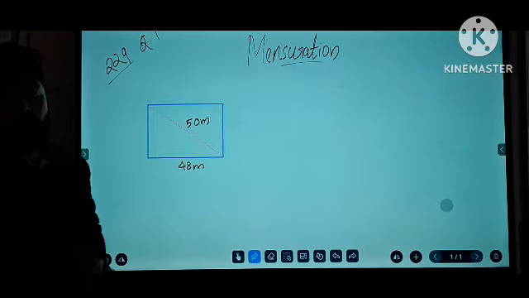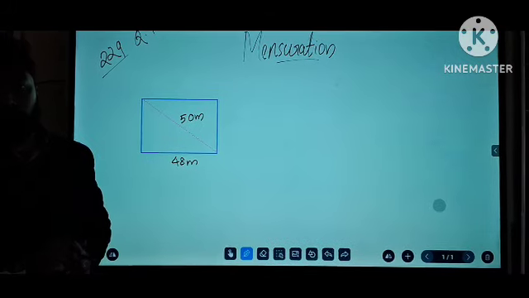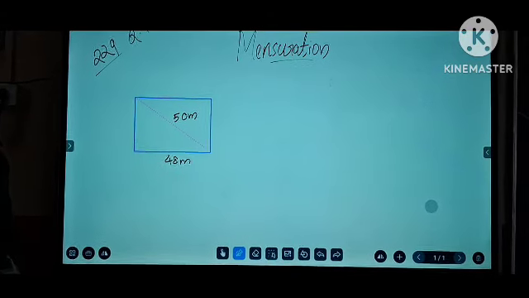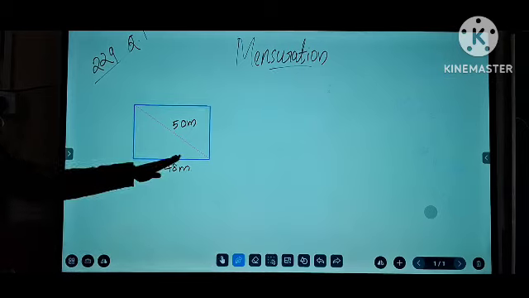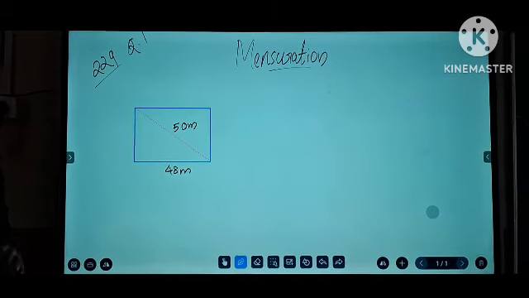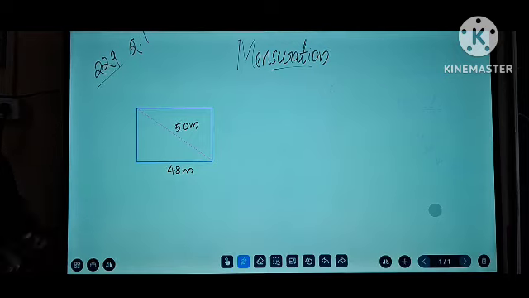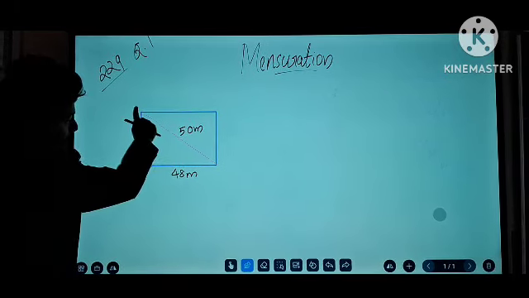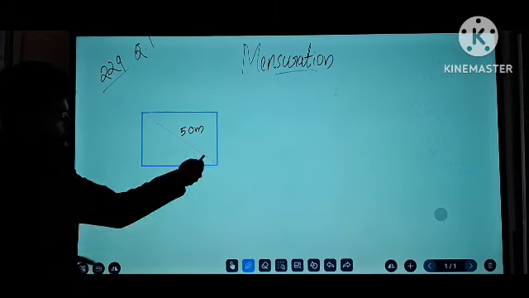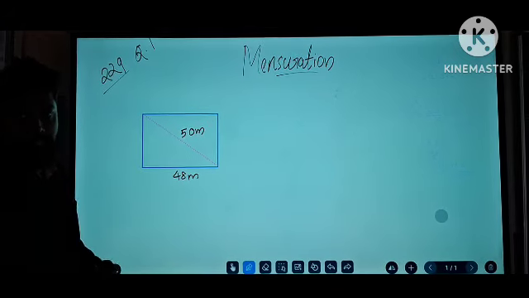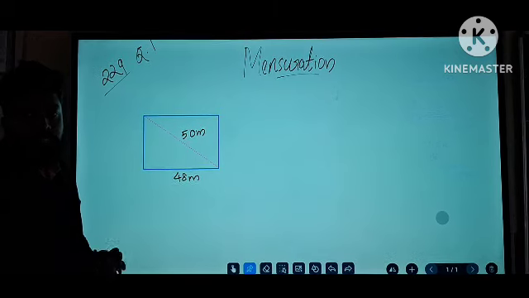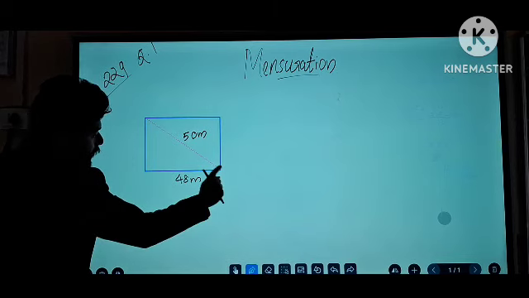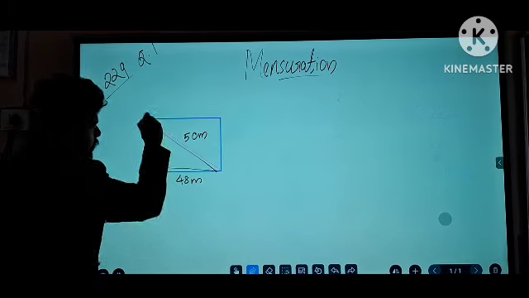So we want to find out what is the area of the rectangular plot. For finding the area, what do we need to find out? Yes, we want to find out length and breadth. We already have the length. We don't know what is the breadth of this rectangular plot. By this information, we want to calculate the breadth. Is it clear? So here we have that the diagonal is 50 and the base is 48 meter. So we can connect this with the idea of the Pythagoras theorem. This portion is like a right angle triangle.